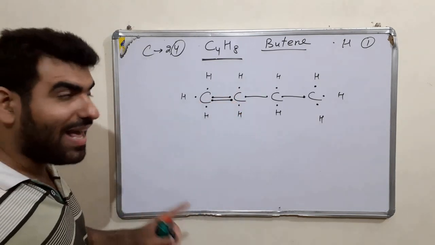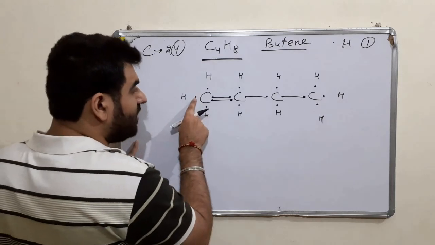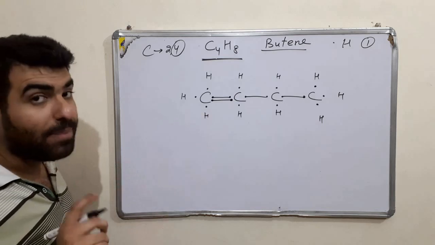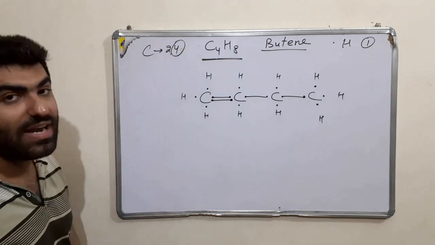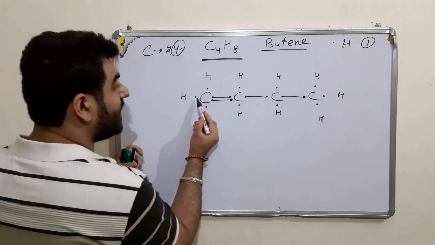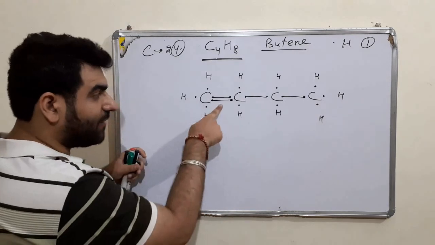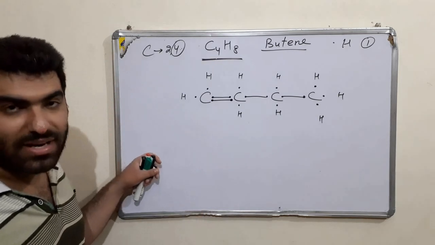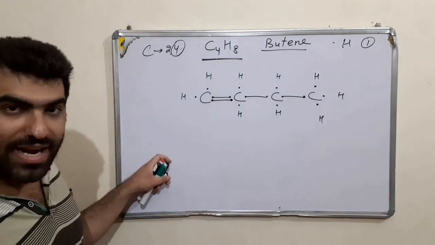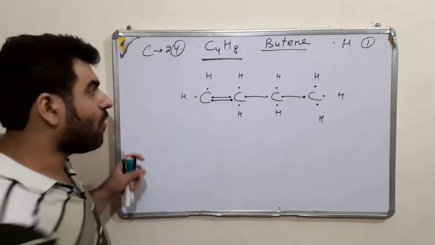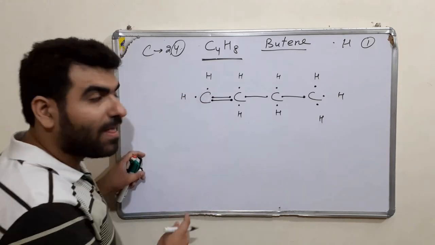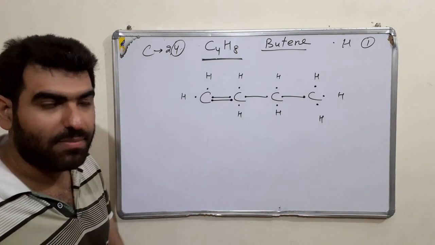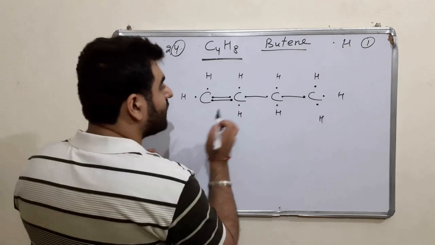Now count the electrons. 1, 2, 3, 4, 5. But carbon can only have 4 electrons in its valence shell. But here there are 1, 2, 3, 4, 5 after the formation of this double bond. So I am rejecting 1 hydrogen as well as 1 electron, because it can have a maximum of 4. Now count 1, 2, 3, 4. If that electron is lost, we do not require that hydrogen either to make the structure stable. Good.